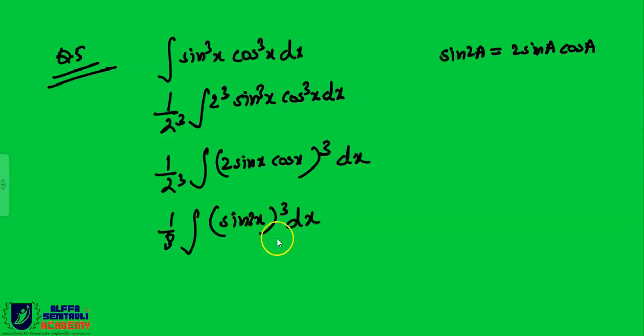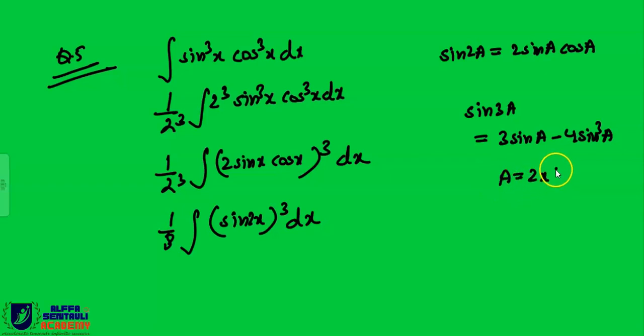Now beta, we know how to replace this cube part into a single power. How will we replace? We'll replace in a similar way, because we know sin 3a is nothing but 3 sin a minus 4 sin cube a, correct? Now in place of a, you can replace this by 2x, right beta? And then you can substitute this value, sin cube 2x, in terms of single power. This can be written as sin 3a, 3 into 2x is sin 6x, equal to 3 sin 2x minus 4 sin